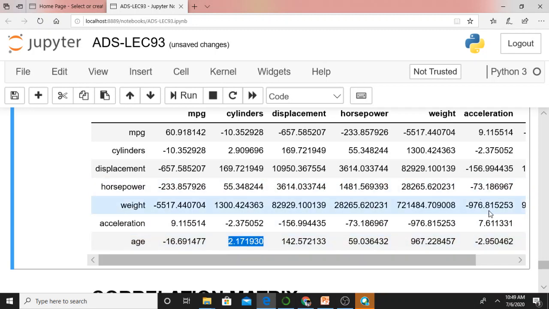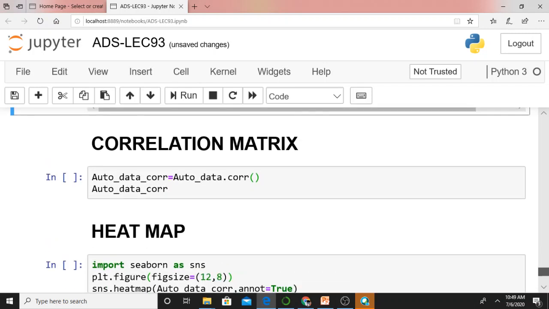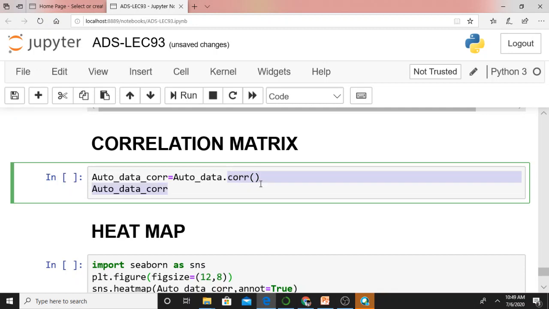Now, invoking CORR function on a data frame will give you the correlation matrix. How can I find this correlation matrix? By this particular function. Invoking CORR function on a data frame will give you the correlation matrix with the correlation coefficients for each pair of variables that exist in your data.